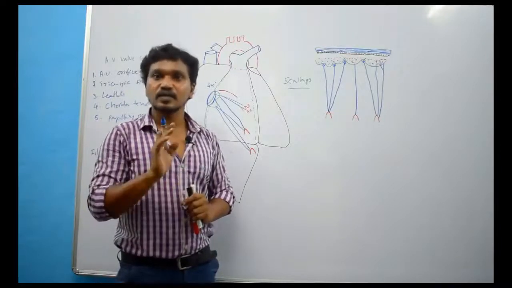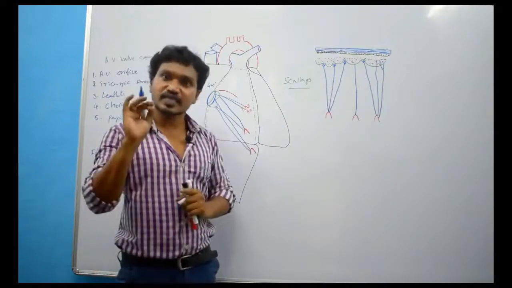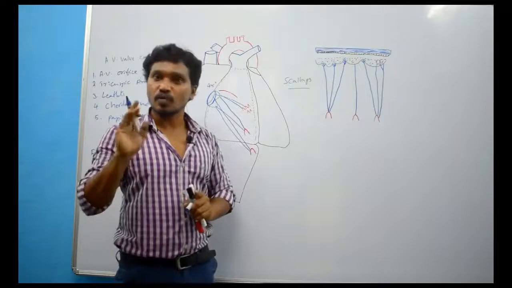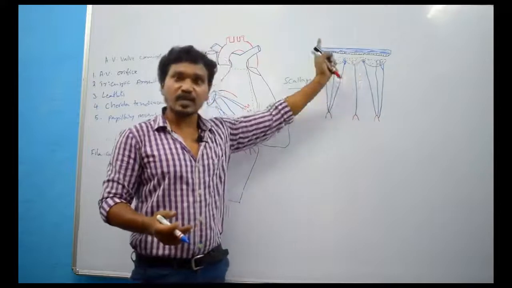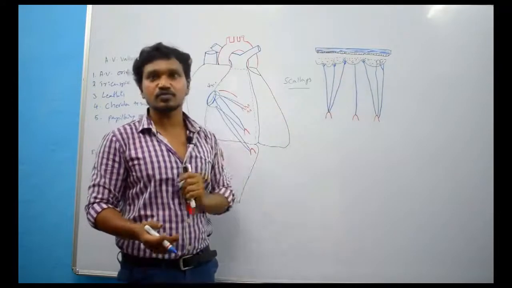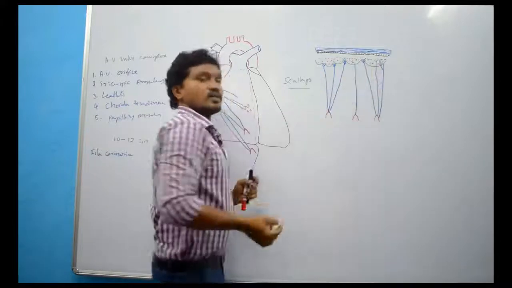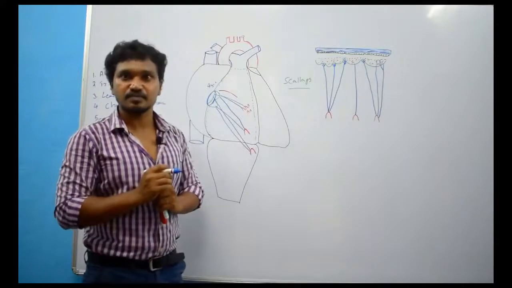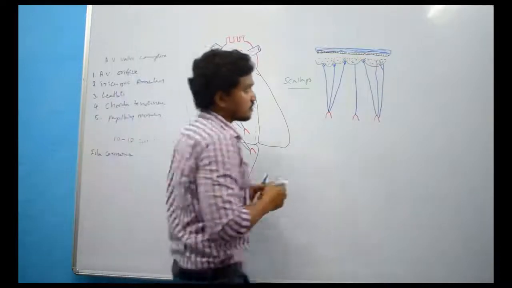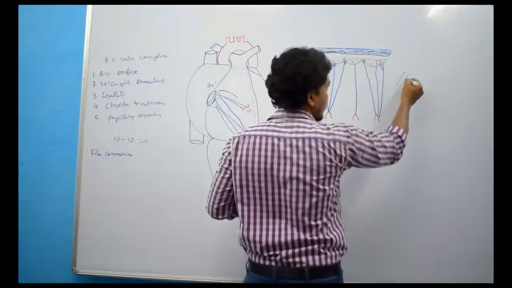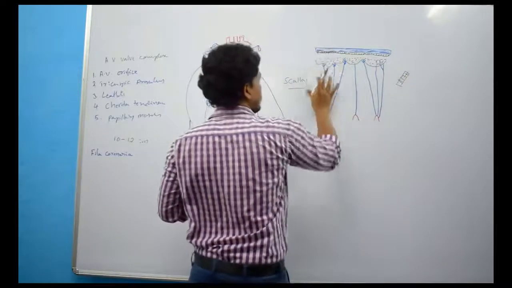So these are the rough zone chorda. Very simple: rough zone chorda connect to the rough zone. They divide into 3 strands when attaching. One strand attaches to the free margin, another to the junction between the clear zone and rough zone, and the third in between the first and second strand. Clear? Then some other chorda are also there. These chorda connect to the wall of the ventricle. Just imagine this is the wall of the ventricle.